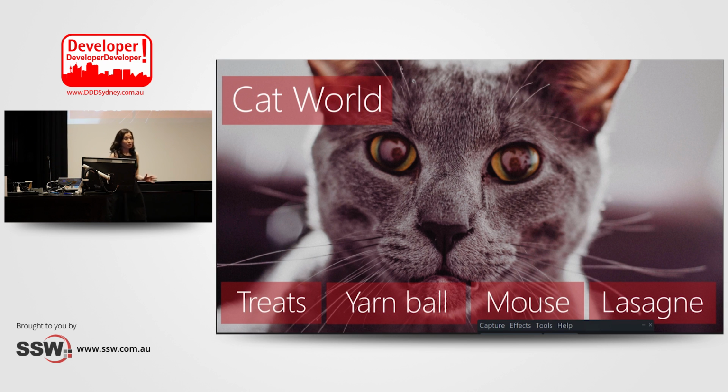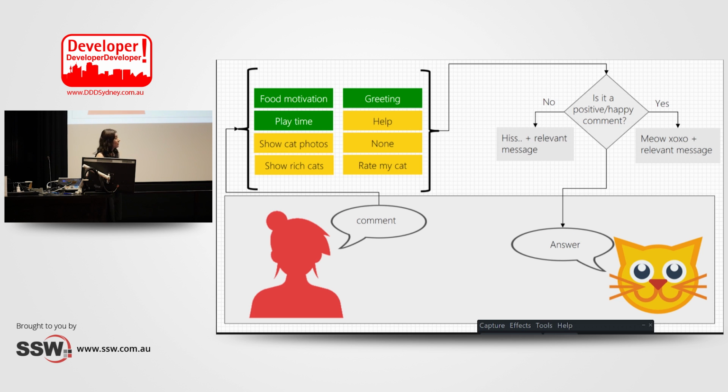All right. But what about cat world? You know, in cat world, there are some things that are absolutely positive, but in my mind, if I have a mouse in my house, I don't like it. But I think that in the cat's mind, it's absolutely heaven. So I wanted to make sure that if someone wants to play with the cat, or offer food or a treat to the cat, or greet the cat, I return a relevant response. And if they say it in a negative way, I return again a relevant message. So it's the same concept as Mio and his, but this time I want to understand the intention of the comment.